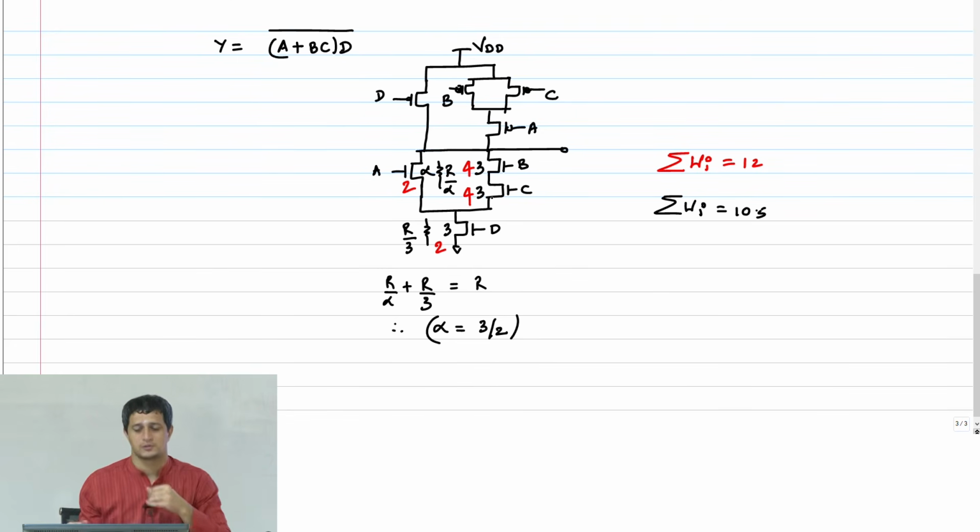So what about PMOS? What should D be? 2, right? There's only one transistor path there, no problem. Now A and B, it could go A and B or A and C, right? So B and C should be similar sizing, and therefore this has to be 4, 4 and 4.